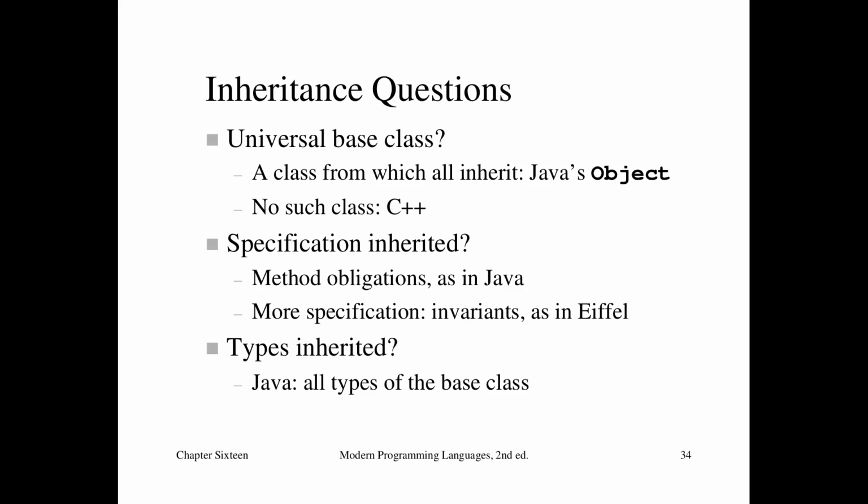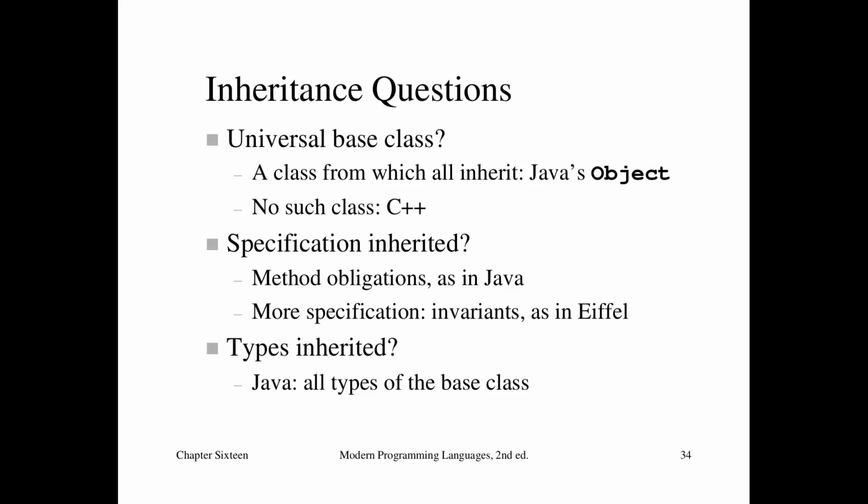So, can we force on an object that it will have certain methods? In Java, we can do that, but the only thing that we get is method obligations. But at the same time, in Eiffel, for example, we can have invariants, which are constraints placed on a class that we can actually inherit,